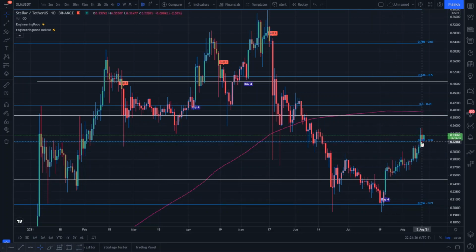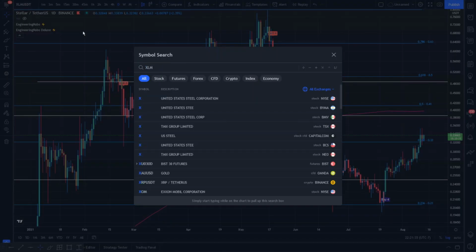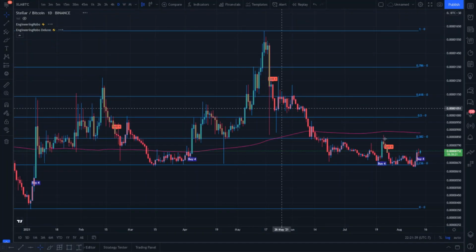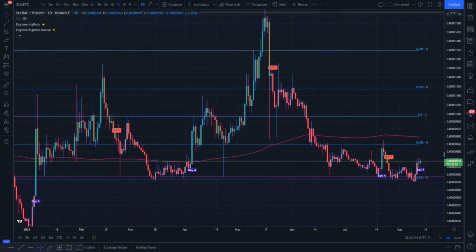I do believe now the level to consider is 32 cents, the 0.382 Fibonacci line. So there's definitely lots going on for XLM against USDT. But if we switch over to XLM against Bitcoin on the Binance chart, what do we have here? Price action trying to print a buy for